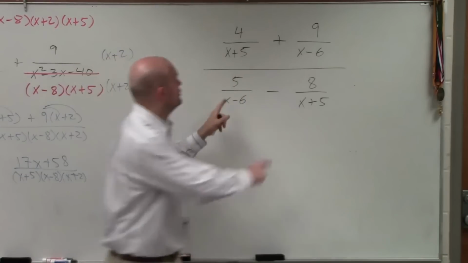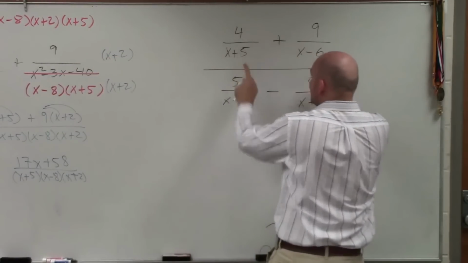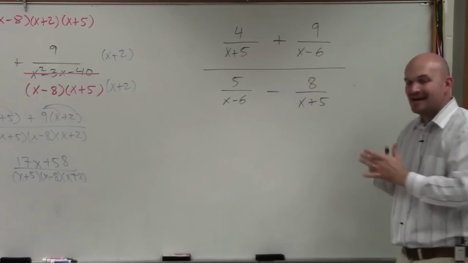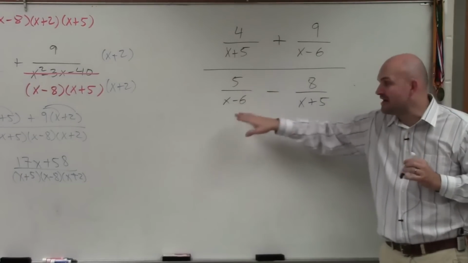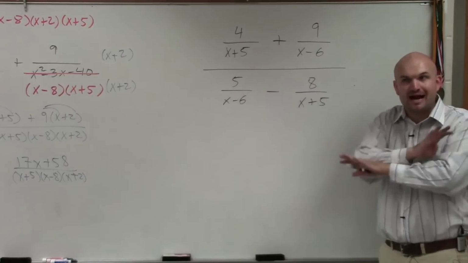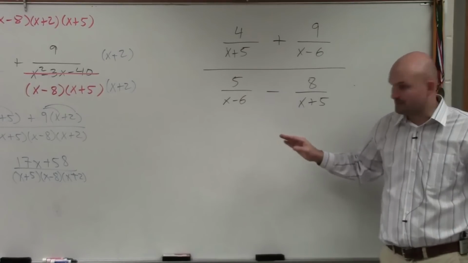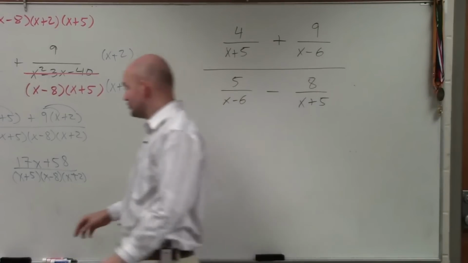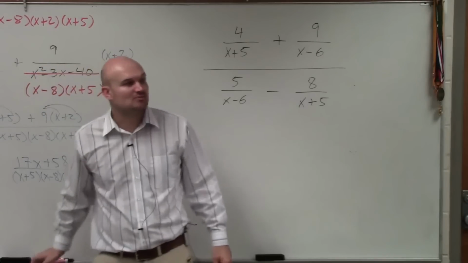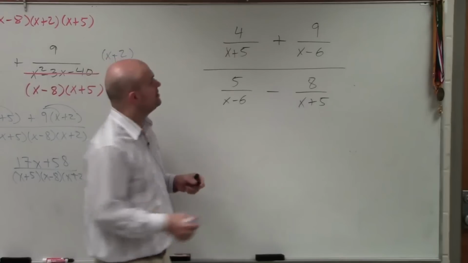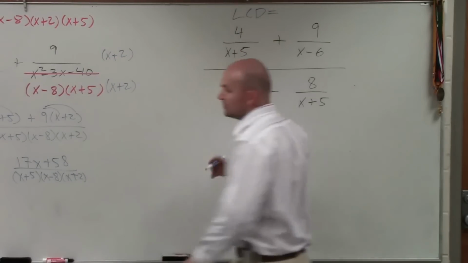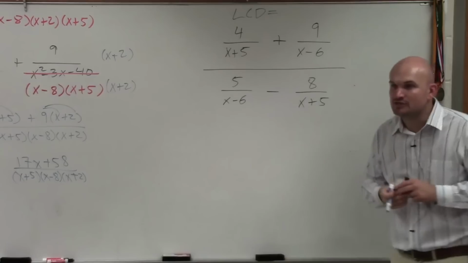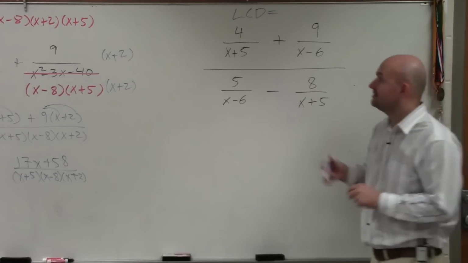And guess what? You could add these if you like, and then subtract these if you like, and then combine them. But my best approach is that whenever I have variables in the denominator, I want to get rid of all my variables. So I'm going to determine my LCD, and I'm going to multiply everything by my LCD. The LCD, or least common multiple of my denominators, which we call the least common denominator, is going to include x plus 5